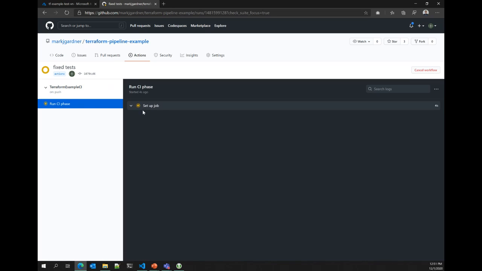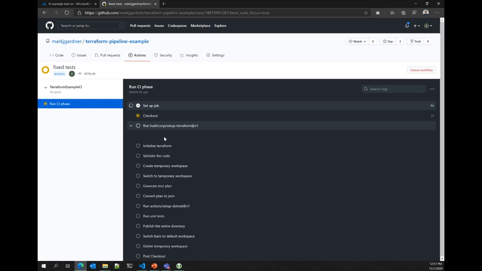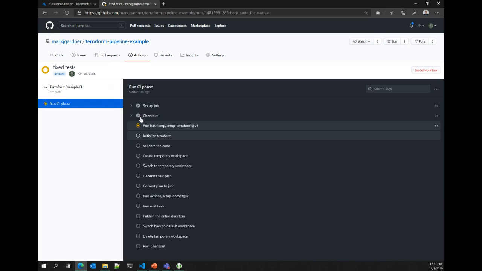Okay, there we go. This time it's actually going to run. So we can see this run through our full CI and CD pipeline. You can see it going through those steps that we talked about previously in the CI phase: initializing the repo and the Terraform workspace, validating the code, and running the test plan, which is what it's doing right now.